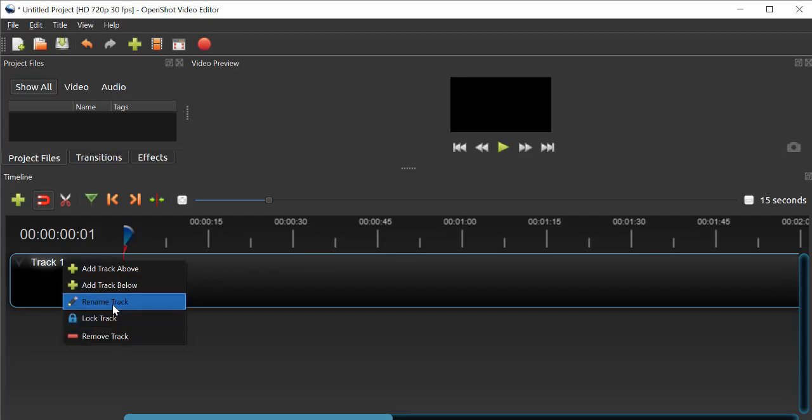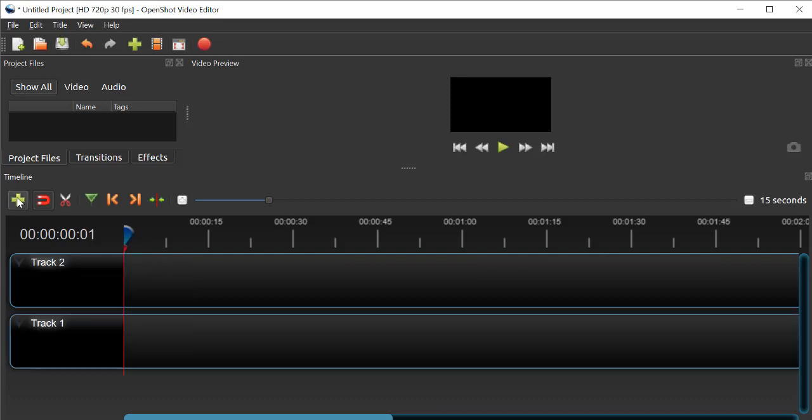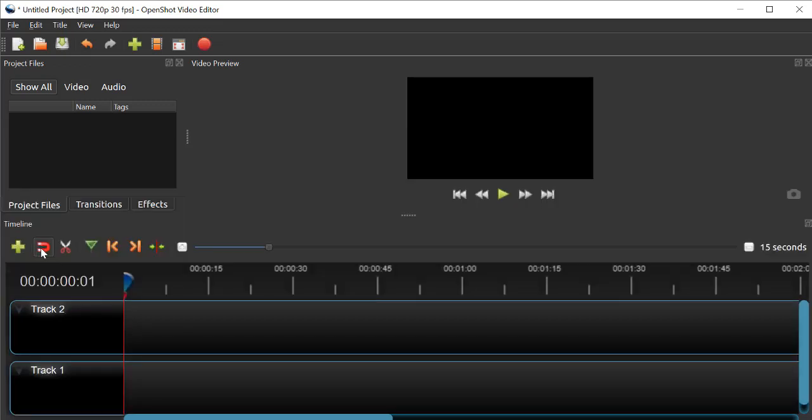Okay, so you can give a rename to the track also. If you want to add one, go to this plus line and you have added a track. Earlier we learned how to add tracks and remove tracks, but once again you learn for this. So I have added these tracks, 1 and 2 tracks. Next we'll go to the next option, that is snapping.